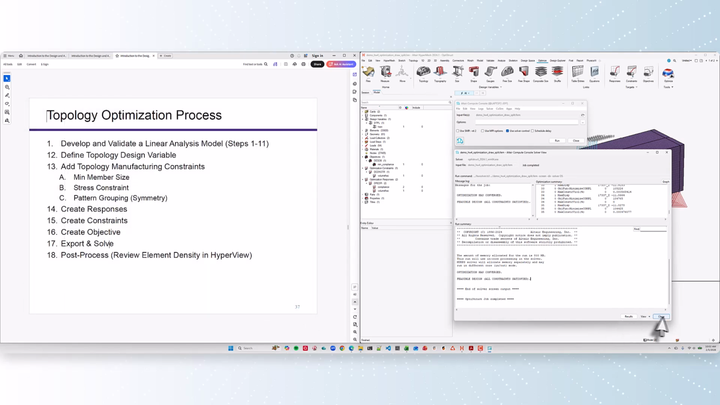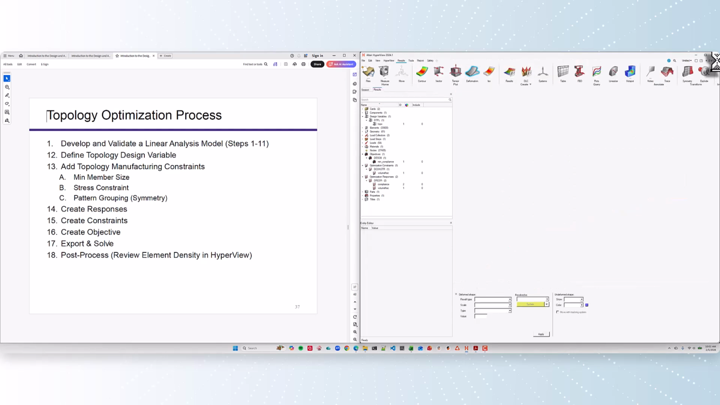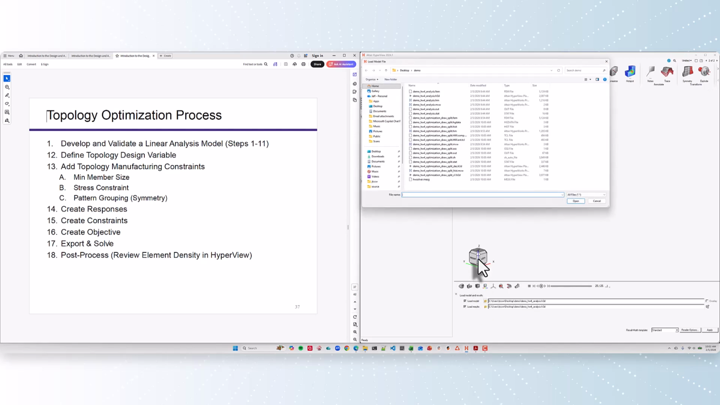We can close out our curve. We can close out our solution. We can finish up with the post-processing. So how do we post-process optimization results? Of course, as always, we do our optimization on our second page, and we want to read in our design